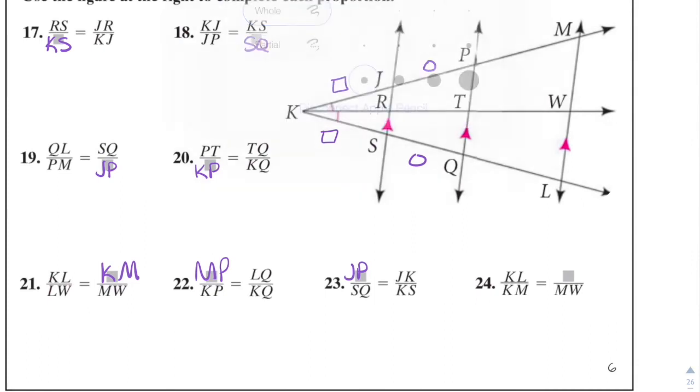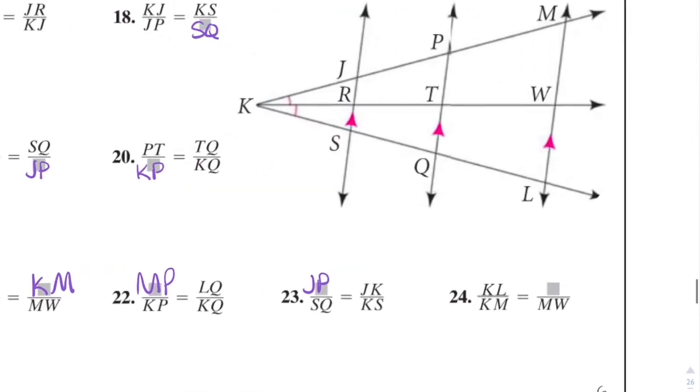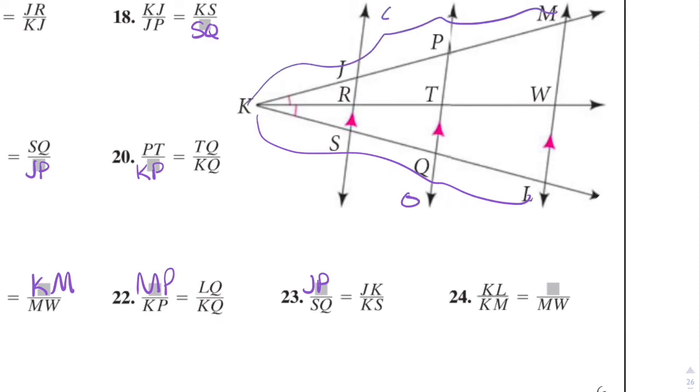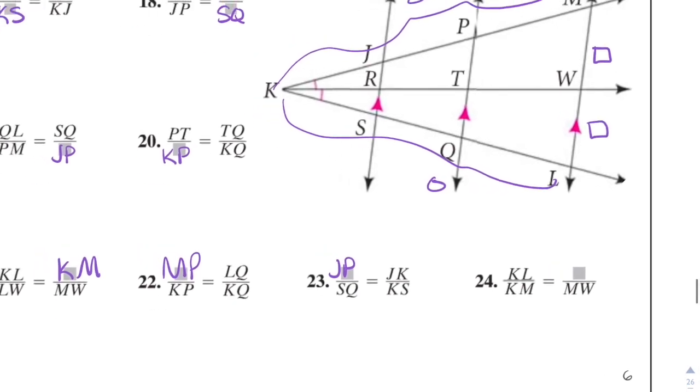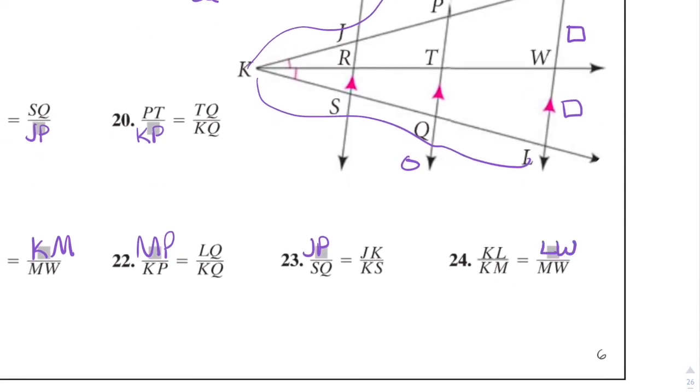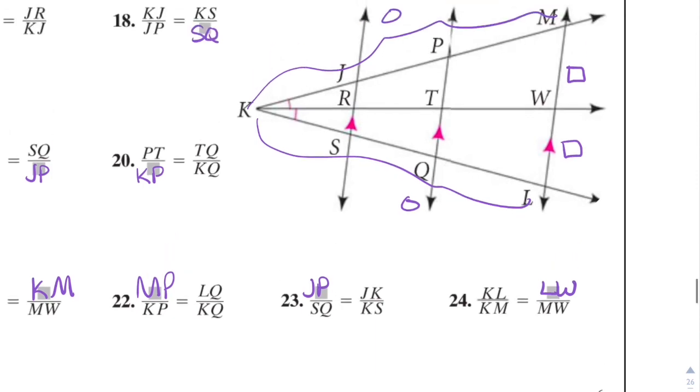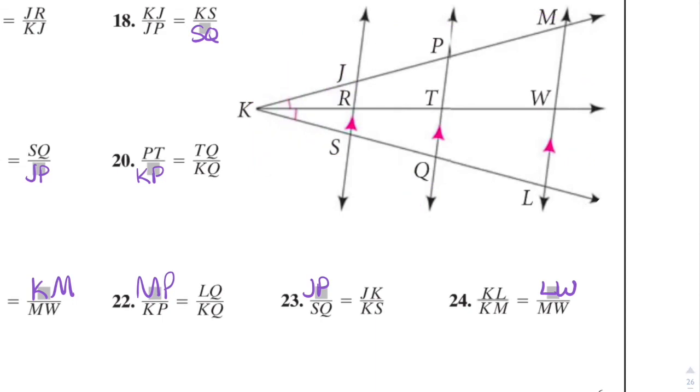Okay, and this last one, and then we're done with the notes. KL, KM, and then we have MW, so it's going to have to be LW. LW. Okay, so that's it for the notes,